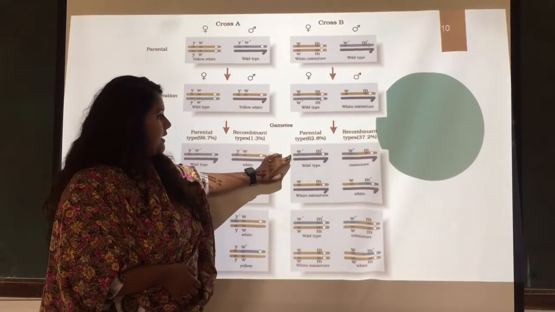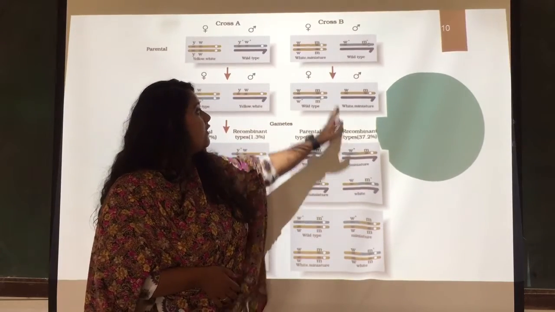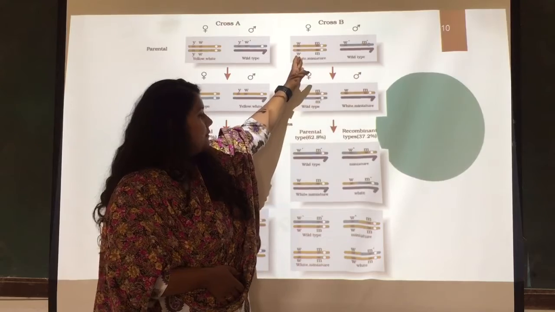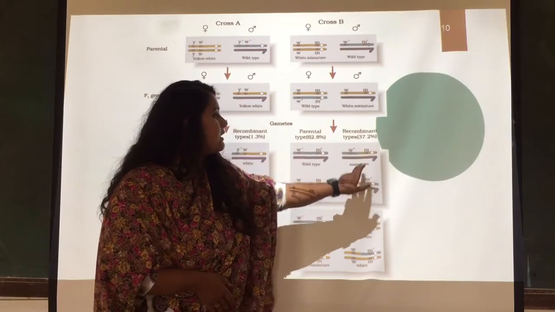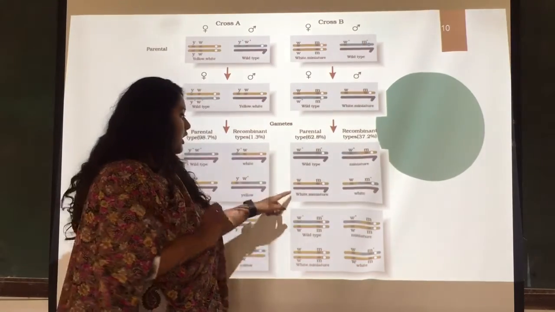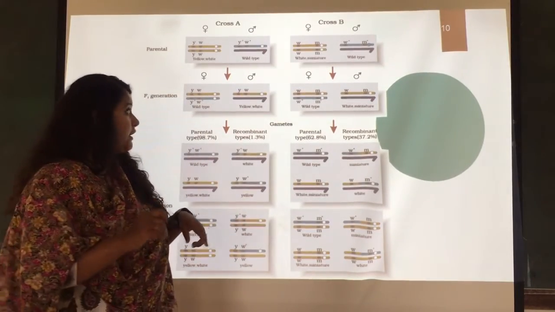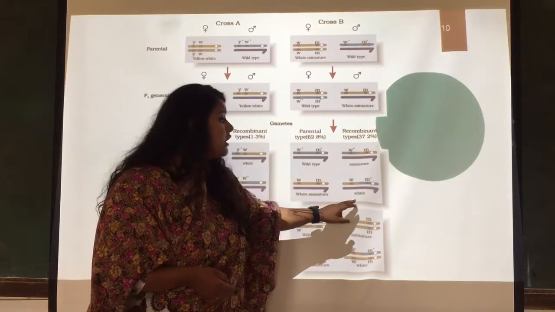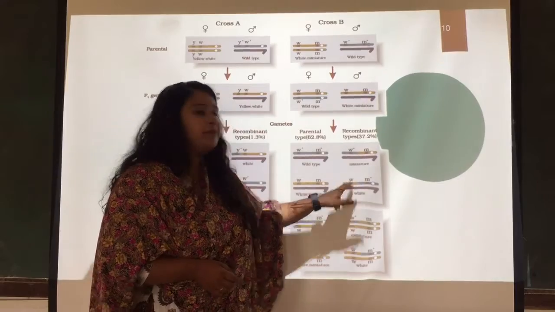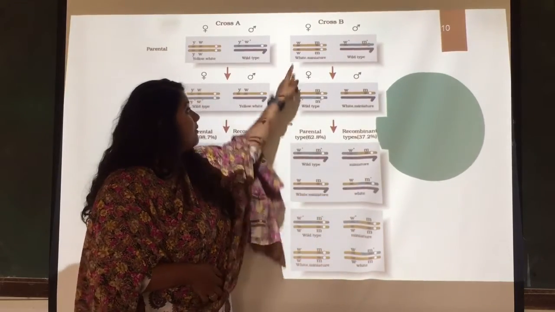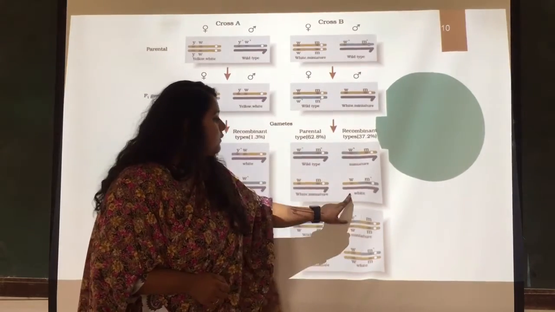So here it will be the same as W1, that is the wild type. Here miniature is observed because half of the portion will be of the wild type and half of the portion will be the M, that is the yellow one, that is white miniature. But here the gene of miniature is present. For this reason it will be miniature. Here white miniature is observed because both of them are coming from the yellow parent, right? That is the white miniature. Here it will be white because the miniature M plus is present but small w is there. That is, this much portion is coming from the white miniature, and as it contains the gene of W, that is white, this will be white in color.